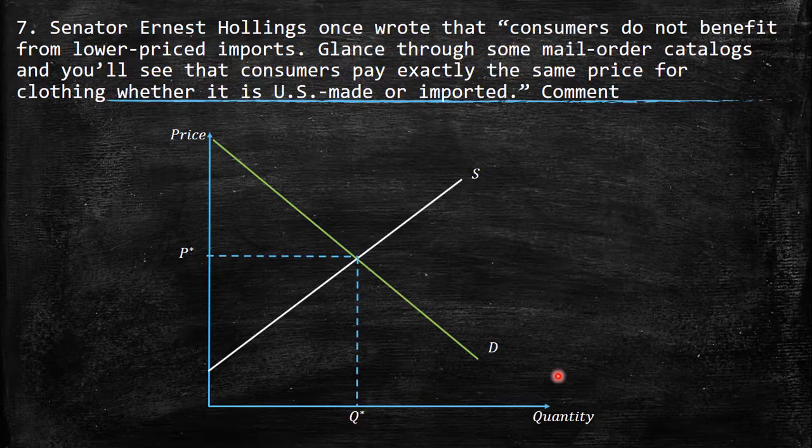So due to the opening of trade, when trade is now free, given that the prices are exactly the same, we see how the world price is exactly the same as the domestic price. So he said that the consumers don't benefit because, as you notice, this triangle is considered as the consumer surplus, and with the same price there is no change from the consumer side.